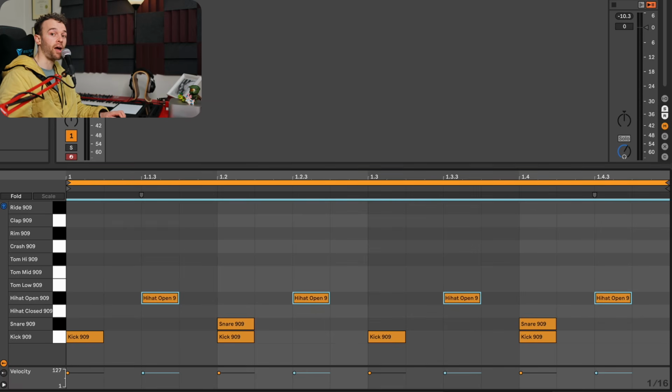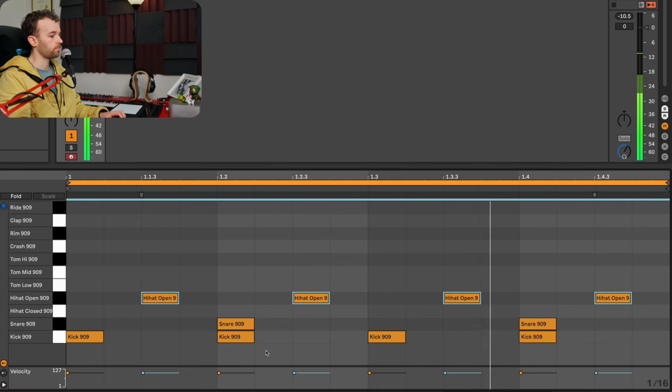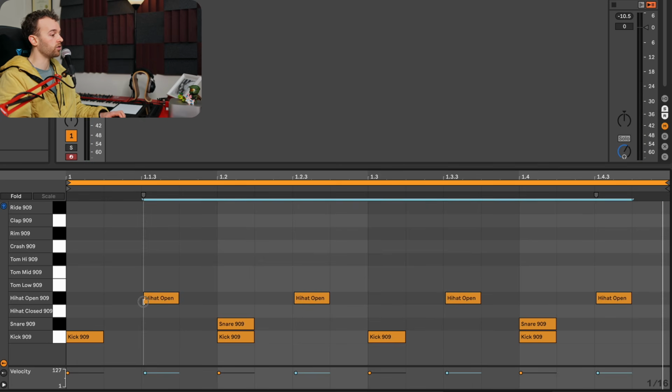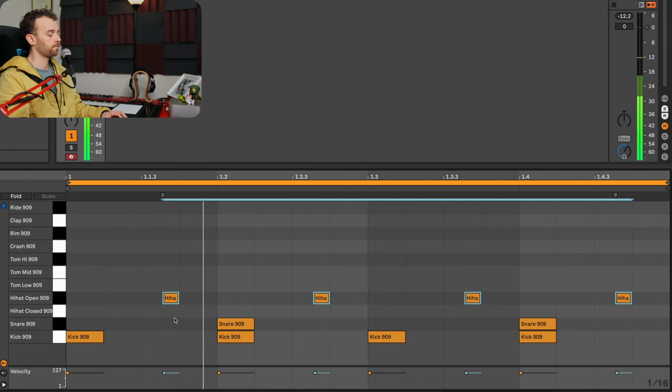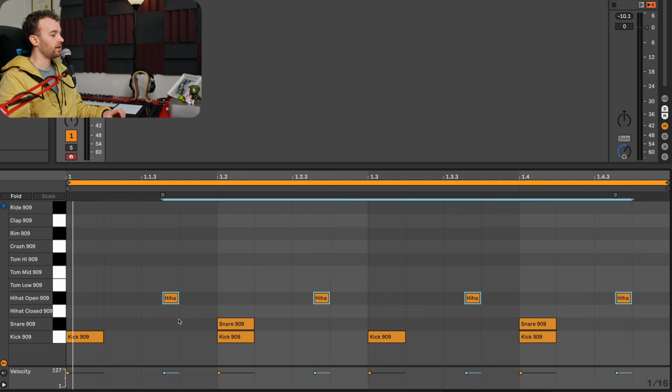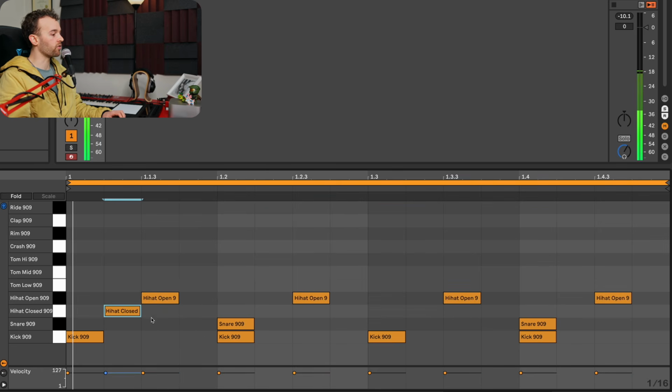So here is our 4-on-the-floor pattern at the moment. And have a listen to what happens as I offset these second 8th notes. We start to get this interesting rolling forward momentum that's being applied to the pattern. If we undo that and set our hi-hats back to being on 8th notes, let's add a closed hi-hat on